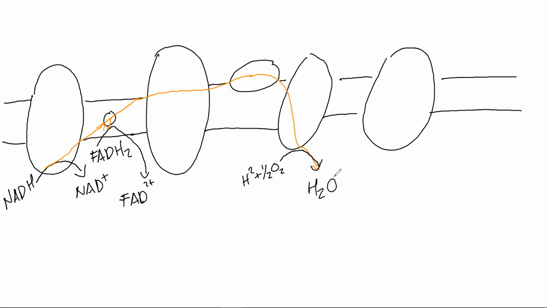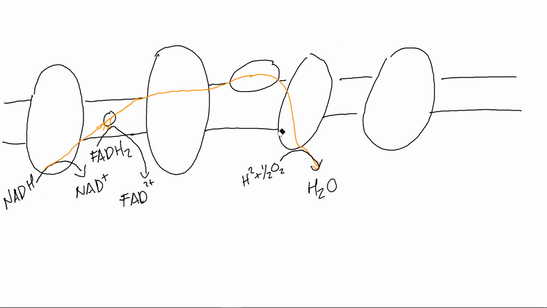Okay, to summarize what I have drawn, because I didn't explain it very well, NAD shows up and it decides to give off its electron into the chain at this protein. FADH also shows up and it'll give off its electron at that protein, right? So that part makes sense, right? Yes. Okay, continue following the orange line. Those electrons will continue moving through the protein chain until they hit the fourth complex. That's what I'm going to call it. The fourth complex is where it'll funnel those electrons to meet